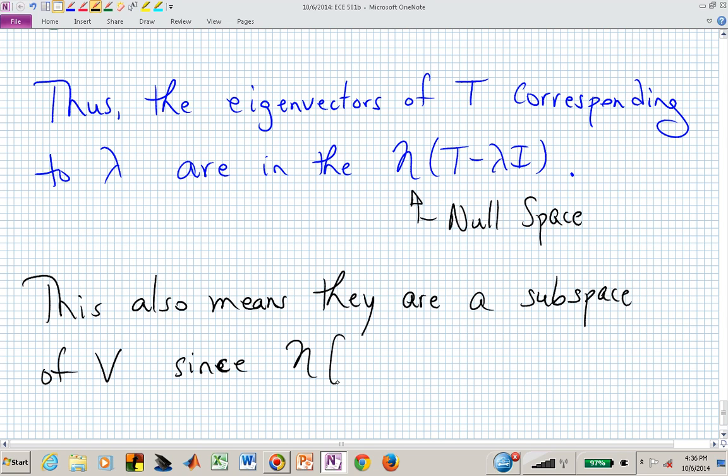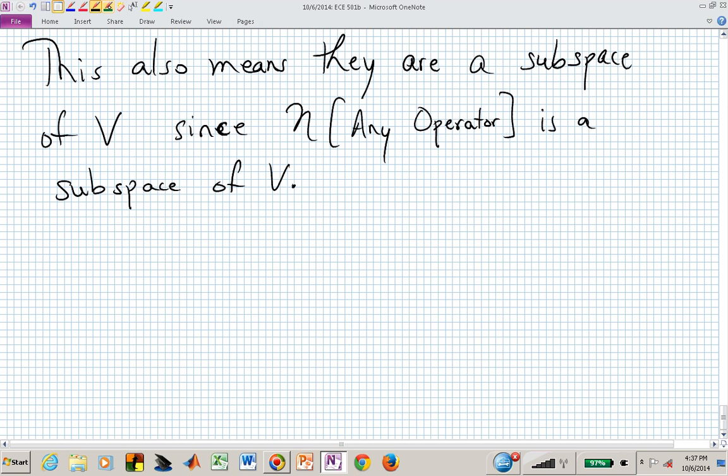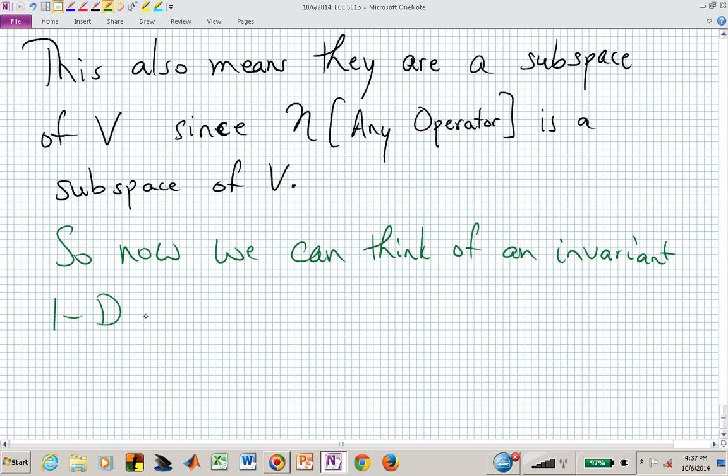the null space of any operator is in fact a subspace of V. So now we can think of an invariant subspace, and in particular an invariant one-dimensional subspace,